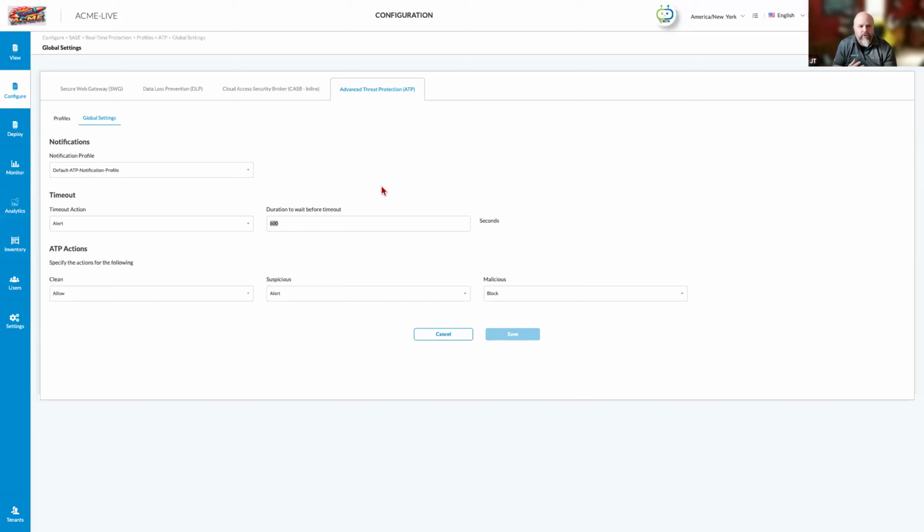Does the ATP solution develop a signature or something like that, so that if we see this exact same file try to come around again, it's instantly blocked? Or do we have to wait yet once again for that file to be scanned? This is just for something that is actually known. We've already scanned this and determined it. What's the process going forward after that?